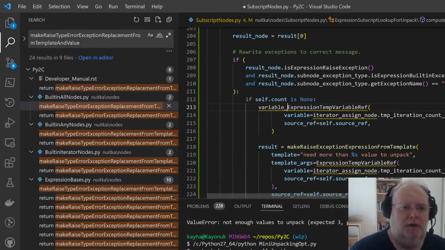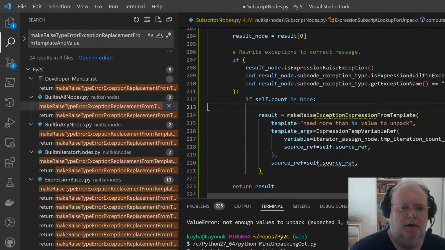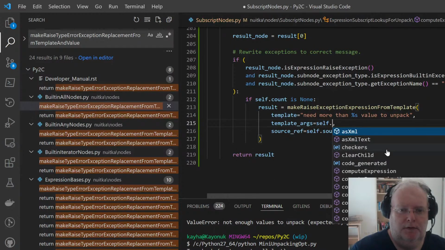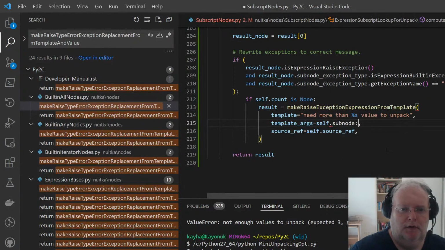Because no, it's my... I said that it's my subscript. So, and my self subscript is computed. So self subnode subscript. Oh, okay.